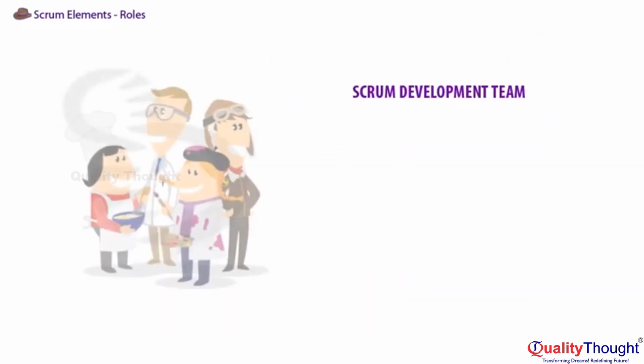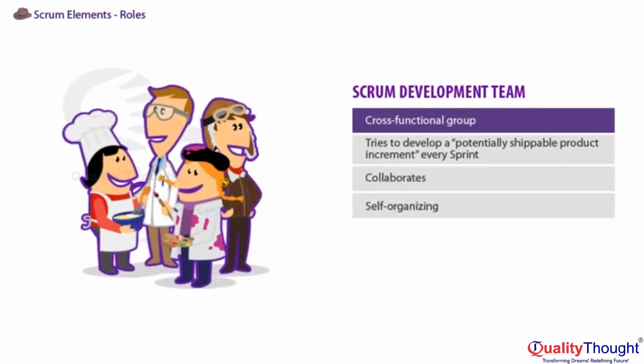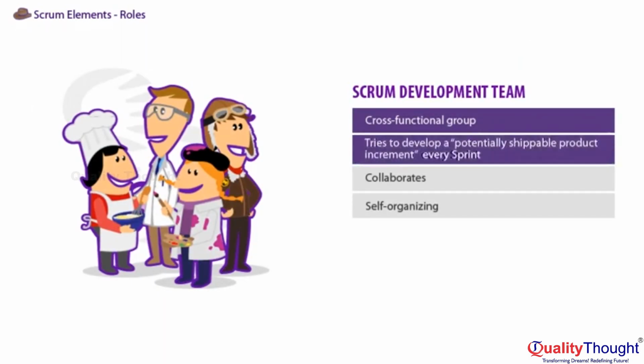The Scrum Development Team is a cross-functional group responsible for self-organizing to develop a shippable product every sprint. This is hard to do in the beginning, and today more and more teams are learning how to do it. You don't want to be the last team that learns how to do this. Organizations use the word team lightly. Think back to a time in your life you were on a real team when you could count on each other. That's the kind of Scrum team I want you to create.